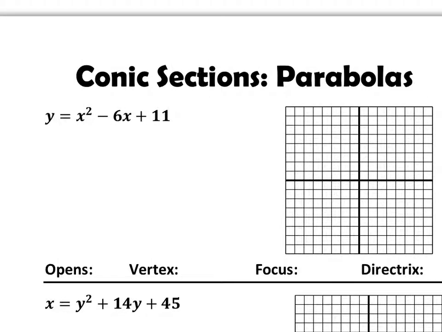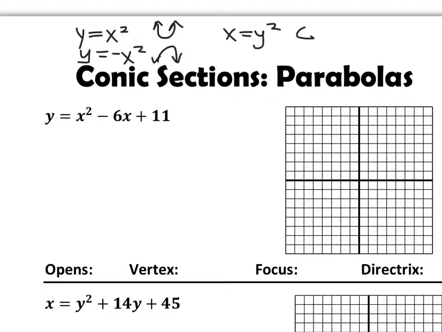The last conic section is revisiting something that we've looked at before in a different context, which is parabolas. So far we've only looked at things like y equals x squared, which was a parabola that opened up, y equals negative x squared, which is a parabola that opens down, but now we're going to look at what happens when we square our y value instead. So if I have x equals y squared, it's going to open right,